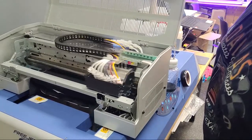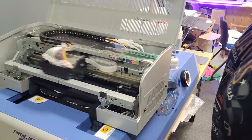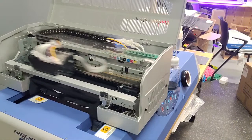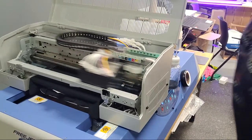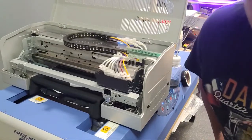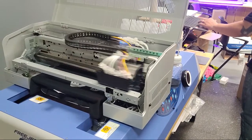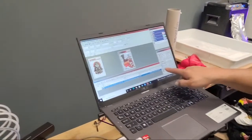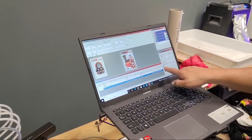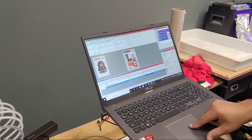And I did it wrong. I didn't center it. See? We'll see what happens. But it's not going to print right because I didn't center it. Let me cancel it. Let me show you what I didn't do. This little button right here, I didn't center it with that. So because I didn't center it, it's going to print off to the...